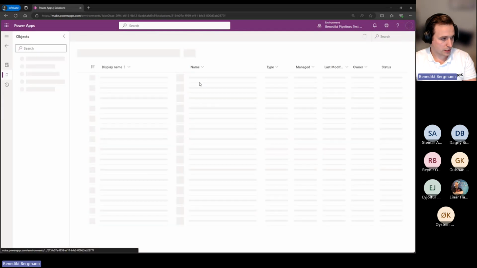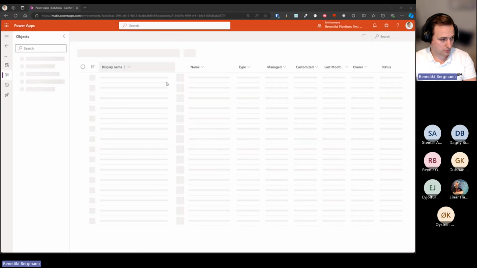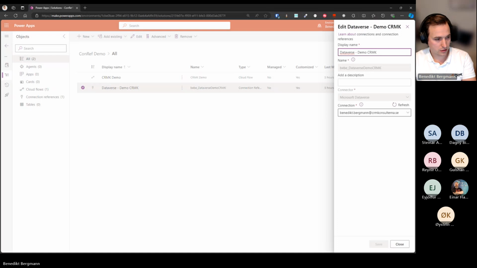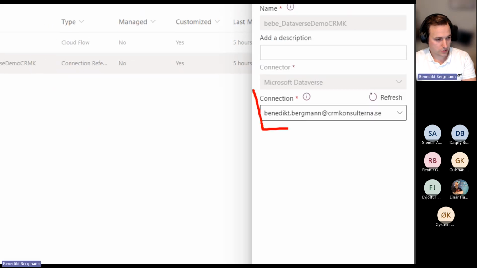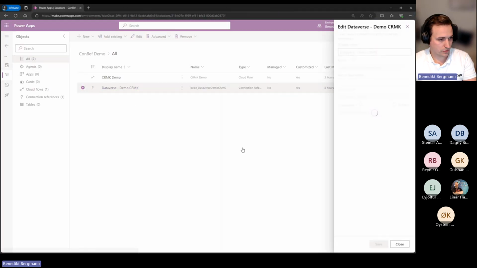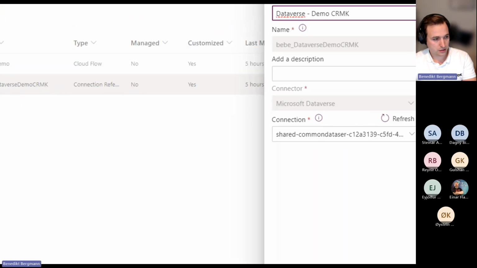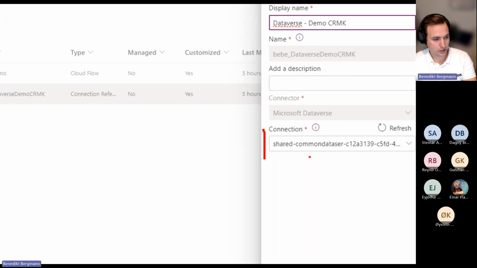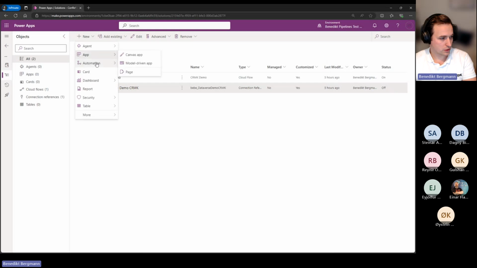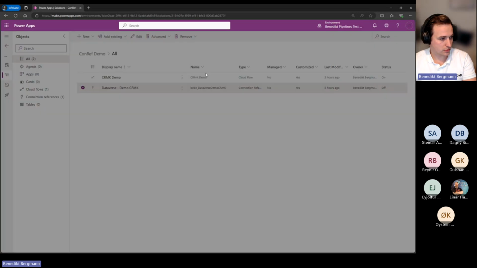So I open the same solution, conref demo, and it contains a connection reference and a flow. If I open the connection reference, you can see over here, it's a connection my own user has access to. If I open the same connection reference with the test user, you can see that it's only showing some weird ID, basically. So when the test user now creates a new flow, automation, instant flow,